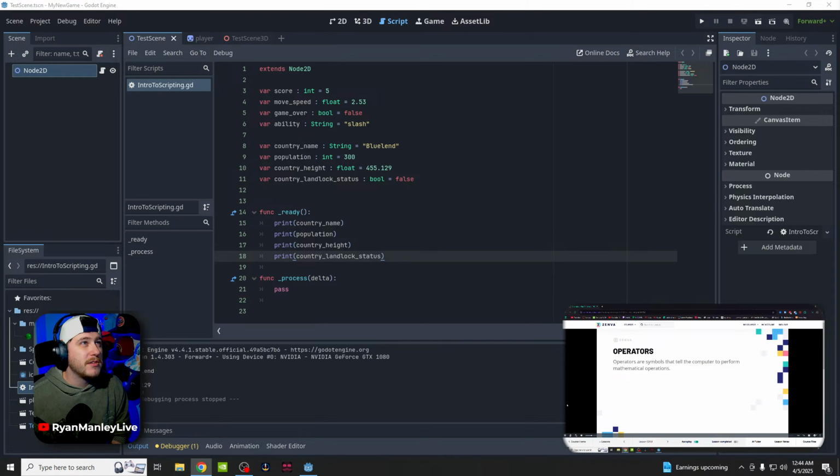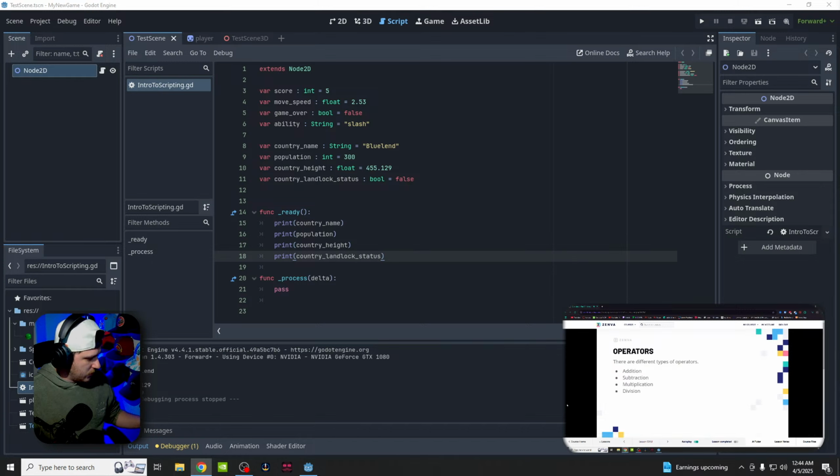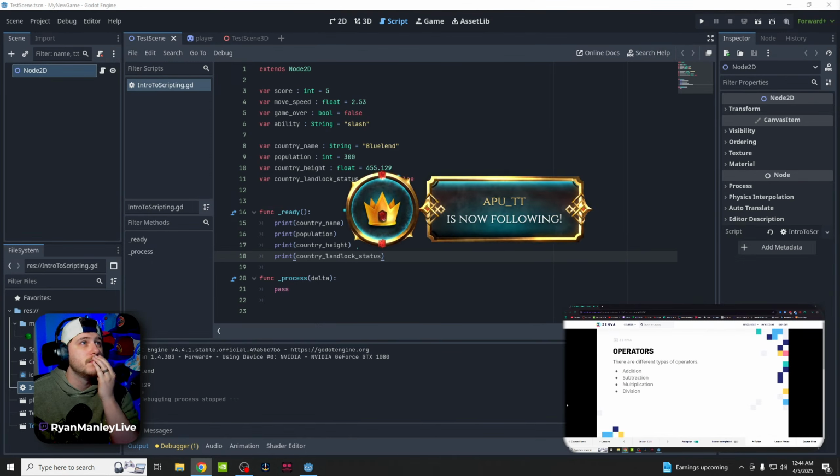That tell the computer to perform certain mathematical operations, okay? And there are many different types of